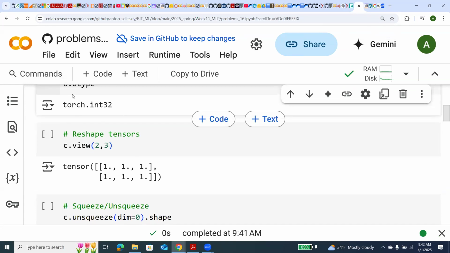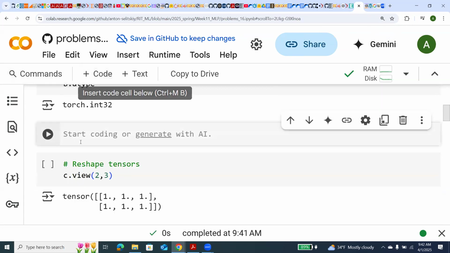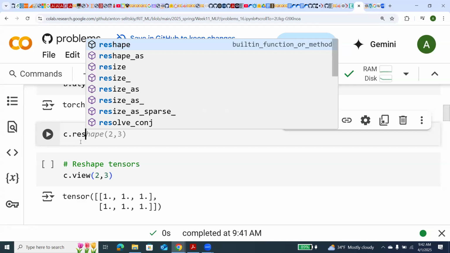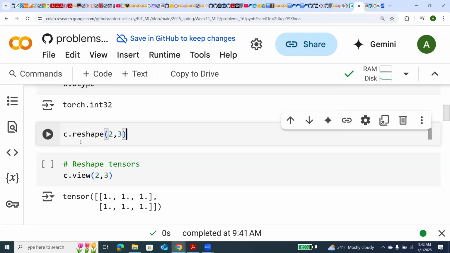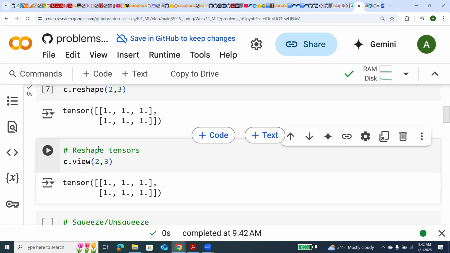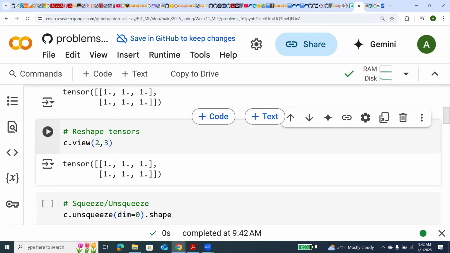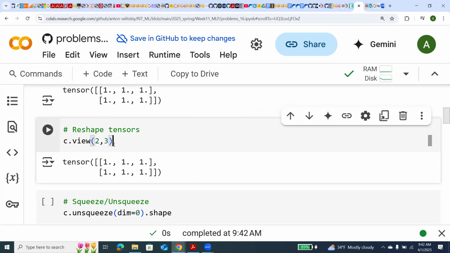I had an array of ones, and I want to reshape this vector. In this case, it will create a copy of this vector. If we use view, it will just change the first